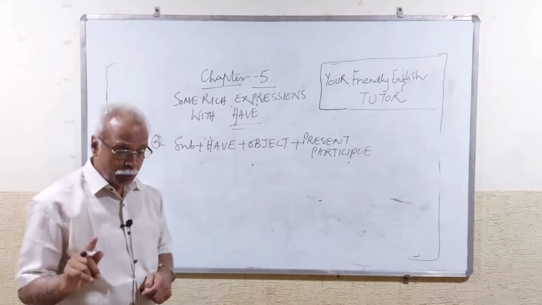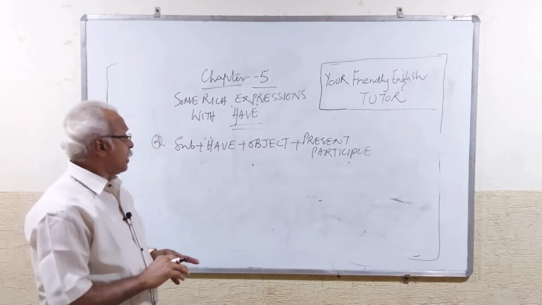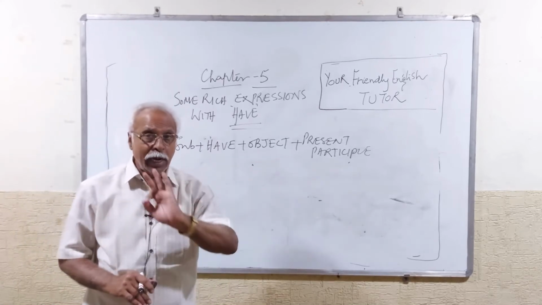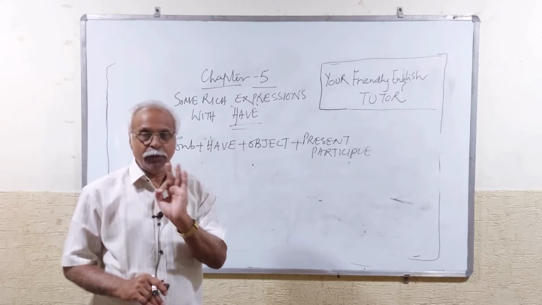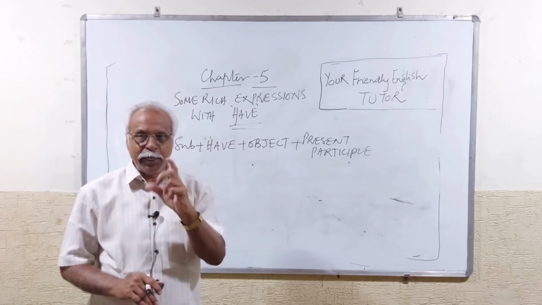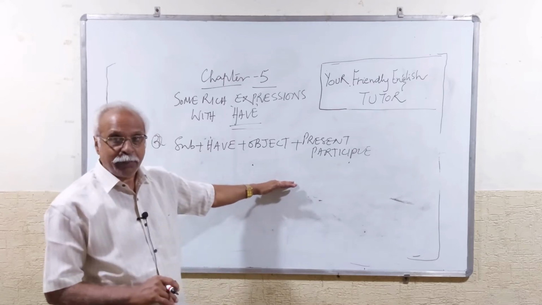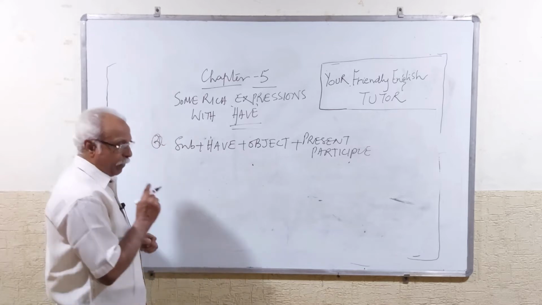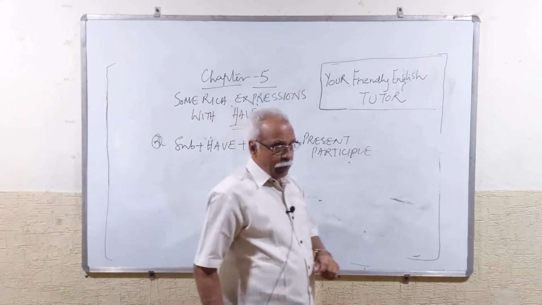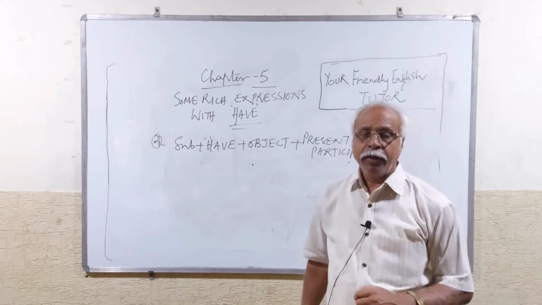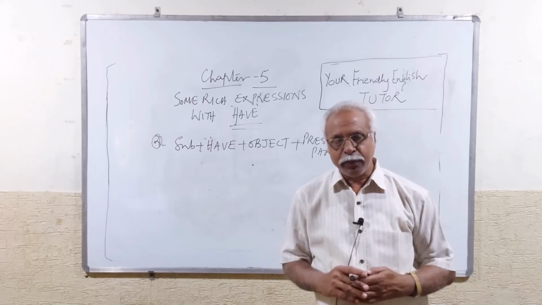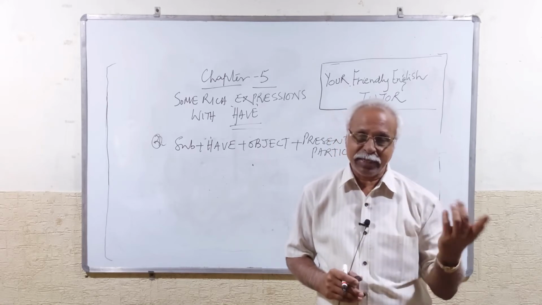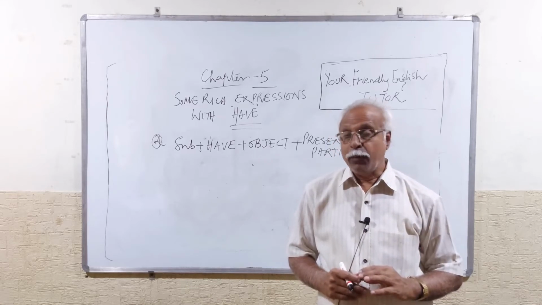Since I have explained to you many a time the meaning of object and the meaning of present participle, now I don't want to give any explanation regarding it. If you have any doubt, just depend upon those examples and try to understand what is present participle, what is object. For example, your son has met with an accident, a small boy who has lost his speech. Imagine. And you have been to the doctors.